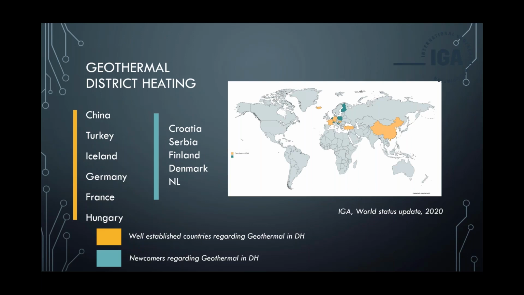But Germany, I saw a beautiful picture of Paul Ramsack at the end. That's the city of Munich. I think they are the leading city when it comes to allowing geothermal to play a role in cleaning up their district heating network through renewables. But France and Hungary are among the oldest countries who allow geothermal to play a role in their district heating network. We see upcoming movement in the Eastern European countries,